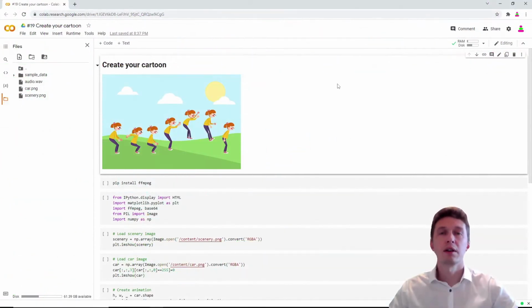Hello everyone and welcome to our next video on Simple AI with Python and Colab. Today we will be a little bit of Walt Disney as we will try to create our cartoon. Actually it will be a creation of an MP4 container which comprises both video and audio streams. In fact, we will create video from frames, from separate images, and add sounds to it, okay?